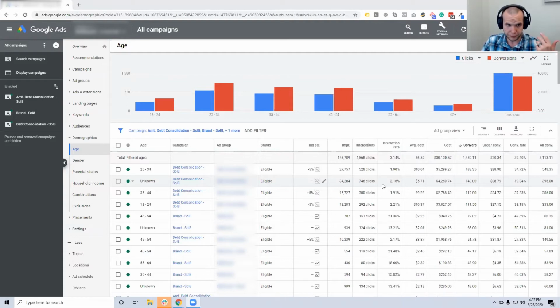For example, this client here, their best audience group, I would say, is between the ages of 25 and 44. That just happened to be what we're getting conversions from because we did actually work in the beginning and say we want to target everybody, and then found out that the ages of 18 to 24 and then above 55 don't really have a good conversion to their offering. It means after they convert, they don't really continue to move forward with whatever they're selling. And I'm trying to be vague because I don't want to give the client's name away. But when you're looking at the ages of 18 to 24, 55 to 64, 65 plus,